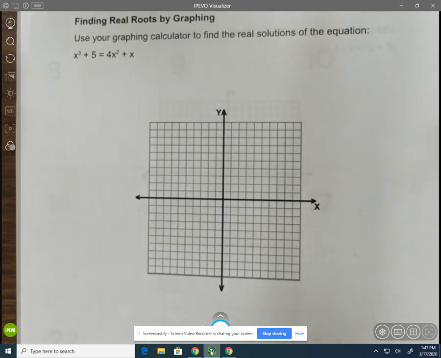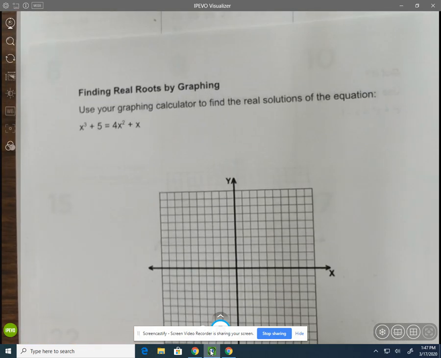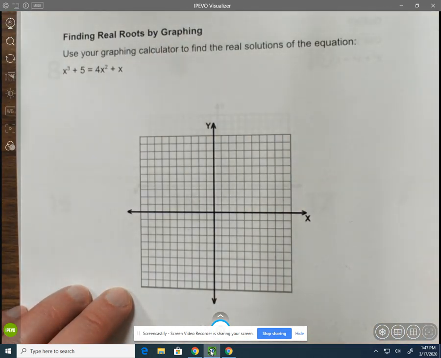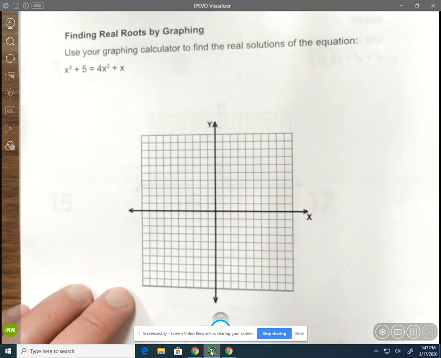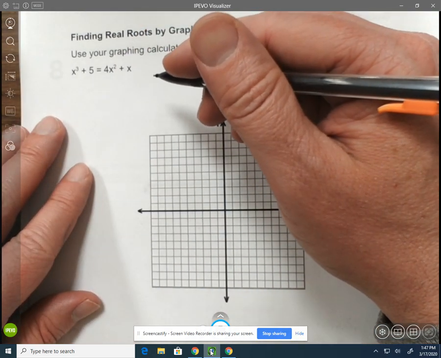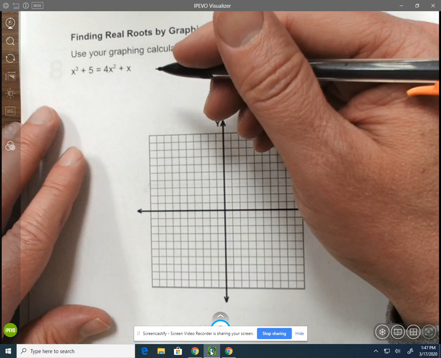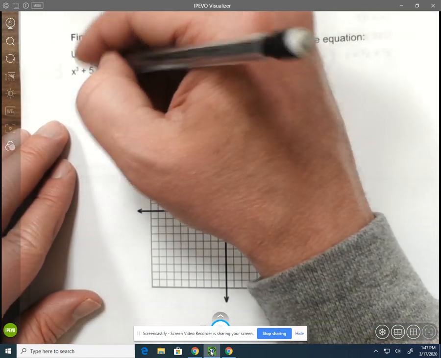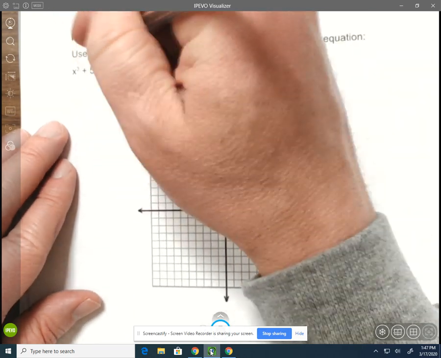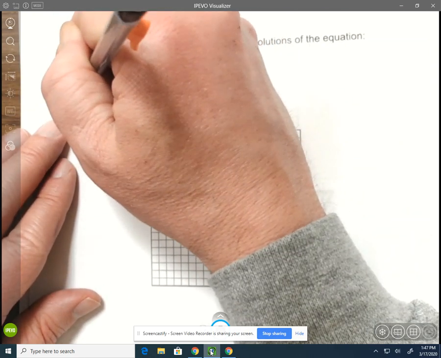Now we can also solve these things by graphing. All right, so if you grab your graphing calculator, there's actually a couple different ways to do this. Your book goes through a couple different ways. I prefer getting it equal to 0 and then finding the roots. If you're interested in method 1, take a look at method 1 on page 299. I'm not a big fan of it, but you can take a look at that and see if that makes sense to you. But what I'm going to do is get this thing equal to 0, and I'm going to